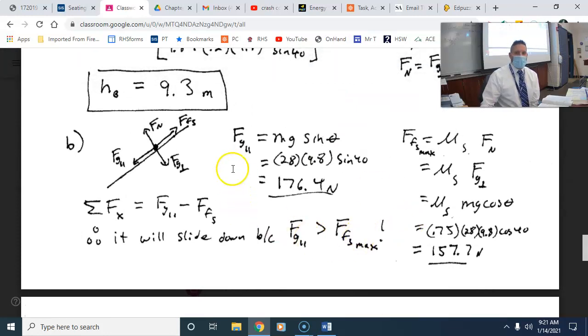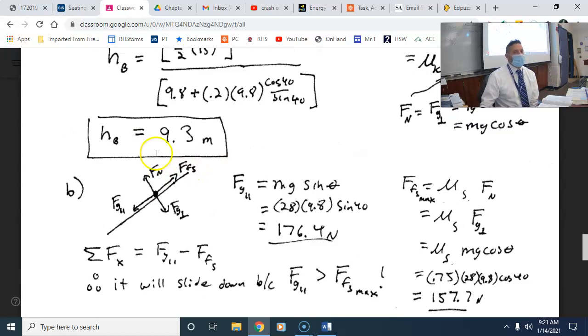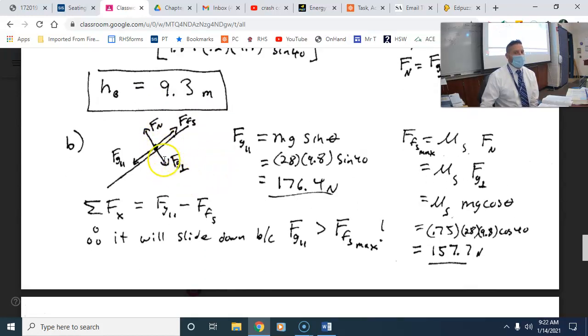And what we need to consider is what is trying to pull it down the hill? What force? What component of it? Remember, we're still on an incline, so there's two components, perpendicular and parallel, right? The parallel component of gravity is what's trying to pull me back down, right? And to answer this question,